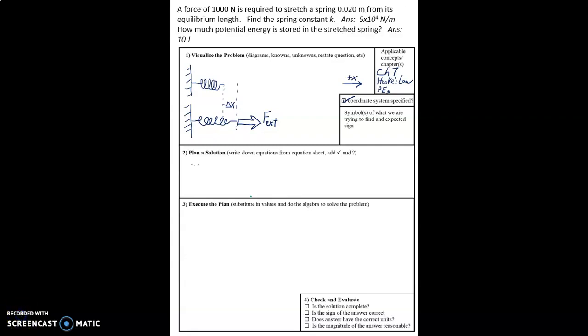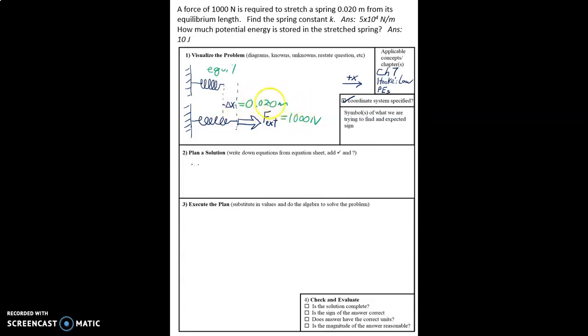In this problem, a force of 1,000 newtons is required to stretch a spring 0.020 meters from its equilibrium length. So here's a spring that is at equilibrium. It's just at rest sitting there. And then we apply a force of 1,000 newtons, and that causes this delta x. The spring got longer by this much, and that's